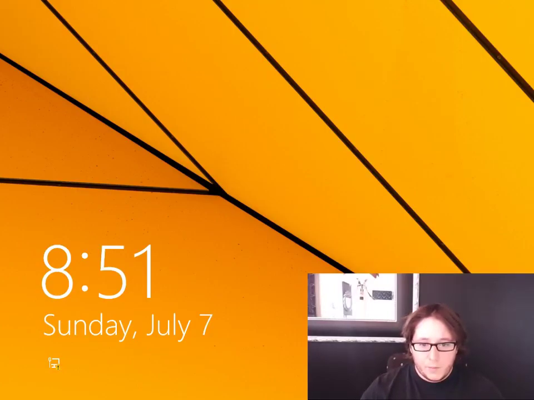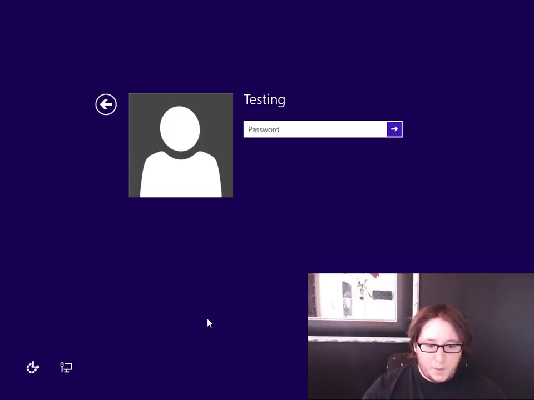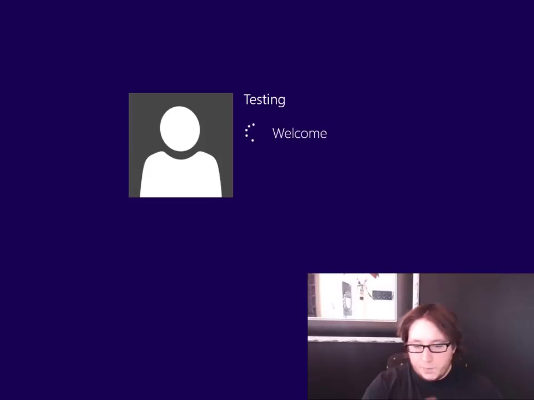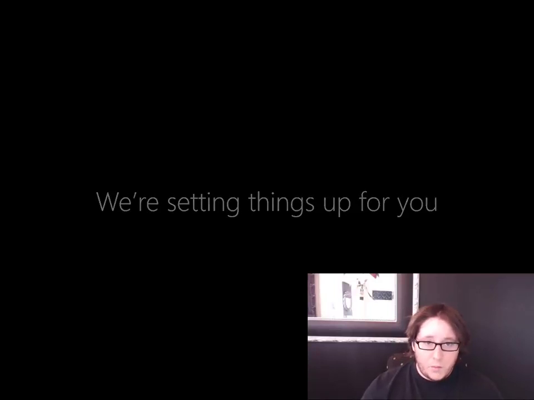So we're letting it load up. Okay. And as you see, we have the account testing. We'll go ahead and type in the password hacked. Oh, wait. I was going to use the on-screen keyboard, but I forgot that's gone. So we'll go ahead and type hacked. And instead of talking you through this, you know, this is what you're forced to see on any new user account in Windows